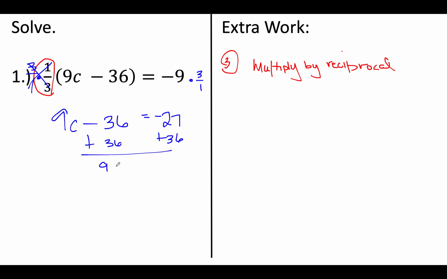You get 9c is equal to 9, divide by 9, and you're able to see that c is equal to 1. So the three different methods that I find that work well for these problems with fractions